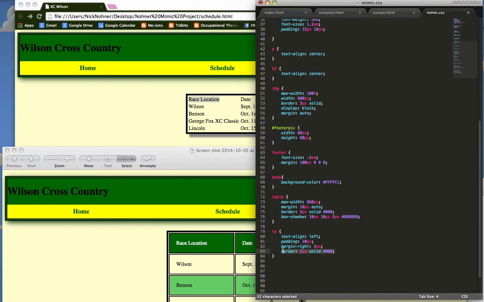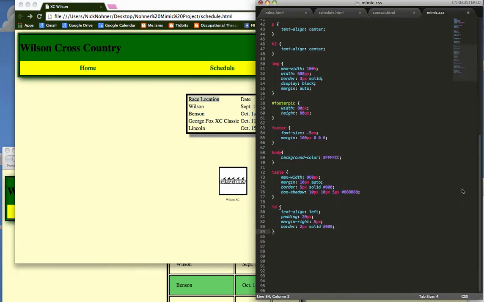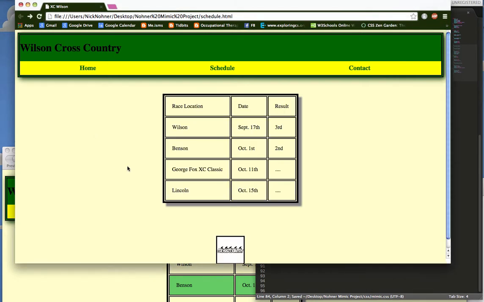I gave it itself a little bit of a border. And watch those changes, which of course I gotta save, and there we go. So now we've got our main border, and each one of our cells has a border and a little bit of space. Now what I want to do is change these